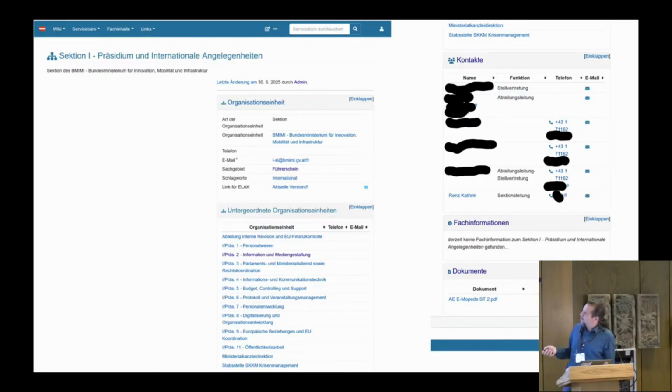We have the subdivision units, and then we have contacts, people, the head of the unit, for example. We have some information and documents that are assigned to this specific unit. So you have all in one place, and you would have still space to write more here about this organizational unit, maybe what they're in charge of and things like that. And this is all done basically automatically. If you tag the content with this organizational unit, it will just show up here.